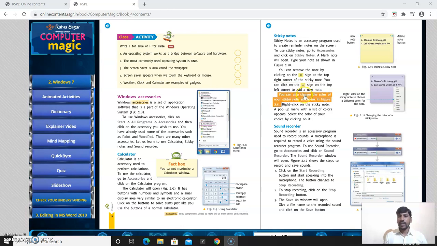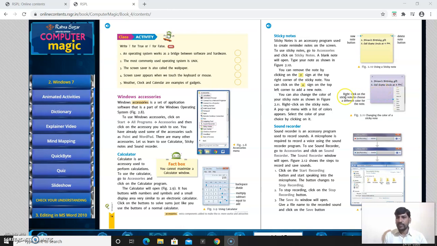Now you can also change the color of your sticky note as shown in figure 2.11. In figure 2.10 the background color is different, and we can change our background color also.